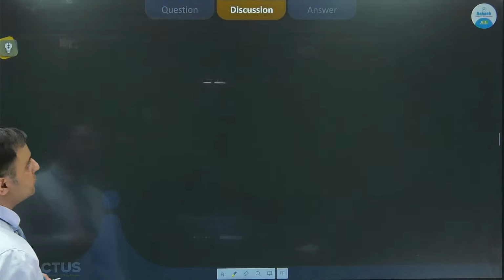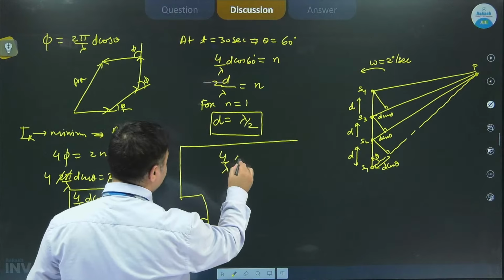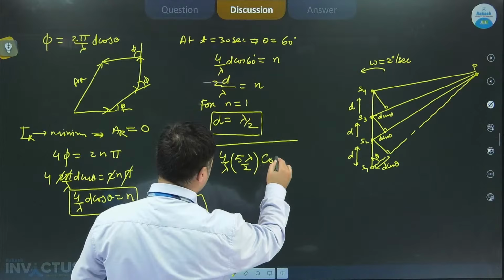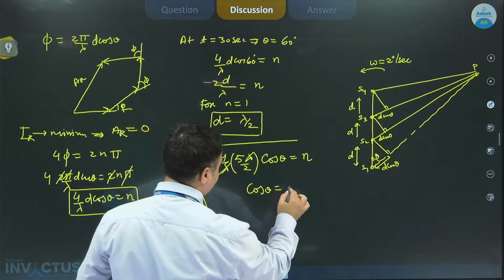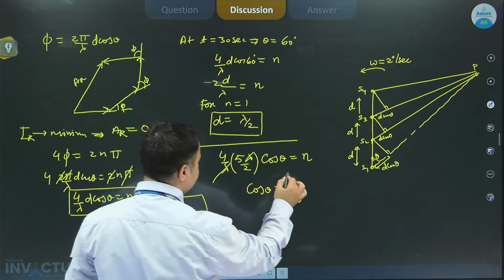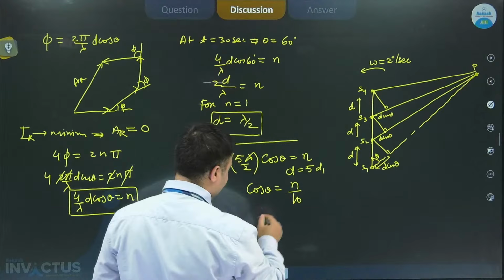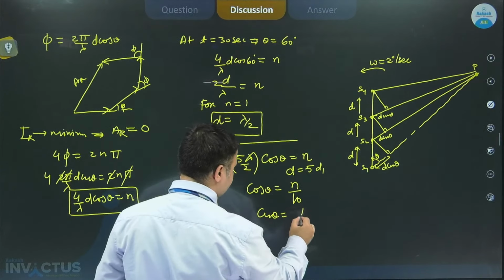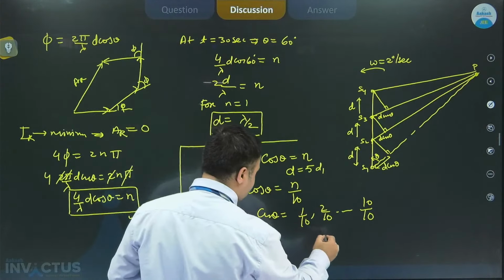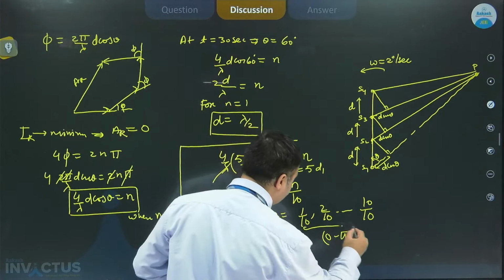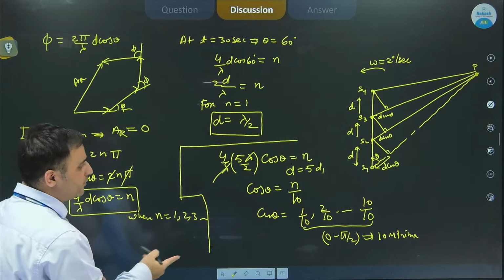For d is equal to 5d1. So for d is equal to 5d1, 4 by λ, 5d1 means 5λ by 2, इंटू cos θ इज इक्वल टू n। तो यहाँ से cos θ का जो वैल्यू है it comes out to be n बाई 10। सो we are checking at d is equal to 5d1 यानी 5λ बाई 2 पर। सो यहाँ से जो cos θ की एक्सेप्टेबल वैल्यू आएंगी, cos θ will be 1/10, 2/10 करते करते 10/10 तक। सो from 0 to π by 2 there are 10 values, ये 10 वैल्यूज हैं, मीन्स 10 मिनिमा हैं। सो एक कंप्लीट रोटेशन में, एक क्वाड्रेंट में मुझे 10 मिनिमा मिल रहे हैं,